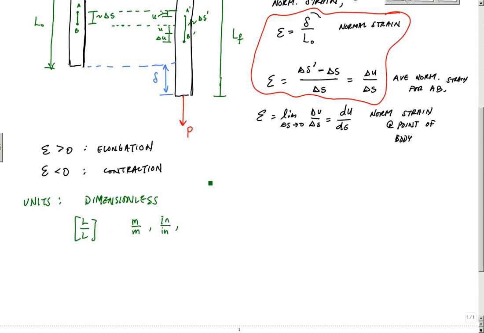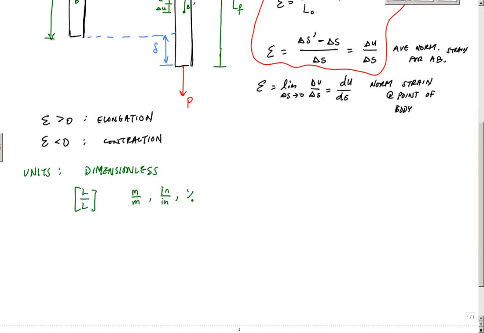Sometimes this is expressed as a percentage. A lot of times, because these strain values are so small, let's say you had a strain gauge on a beam that was loaded, and you found a strain value of